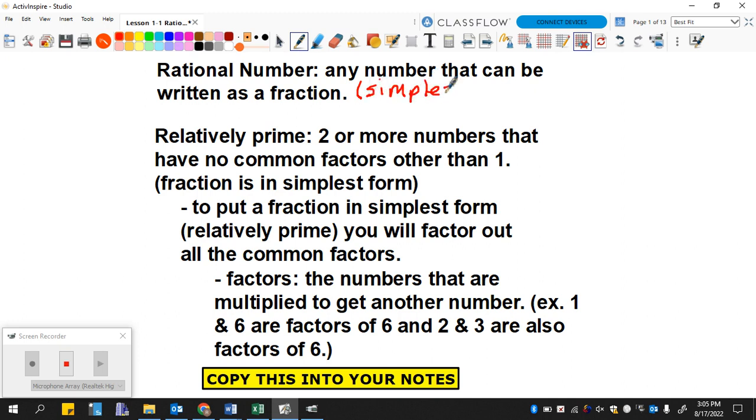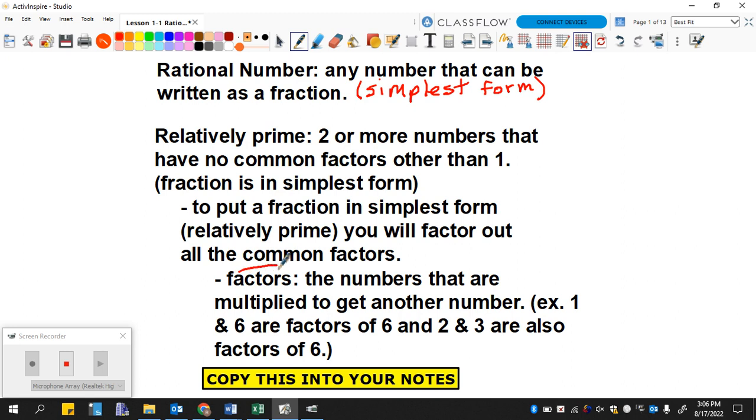Basically, what we mean by simplest form is that it is expressed as a ratio of relatively prime numbers. Relatively prime means that you have numbers that have no common factors between them other than 1. So when we write a fraction in simplest form, the numerator, or top number, and the denominator, the bottom number, don't have any factors in common, and so you will factor out all of the common